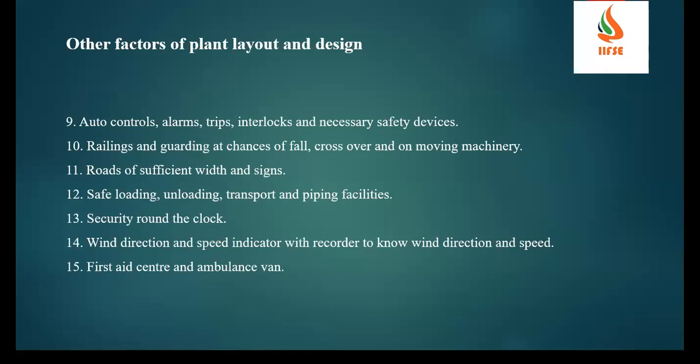So we used to put up wind socks to see the wind direction in case of any leak, or in case of any fire, or in case any hazardous or toxic fumes or flammables get released. So it is easy